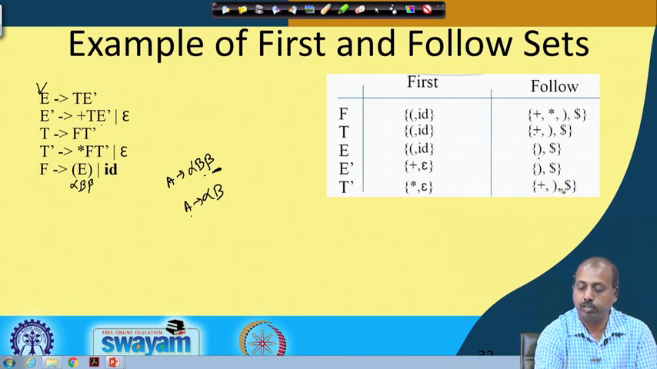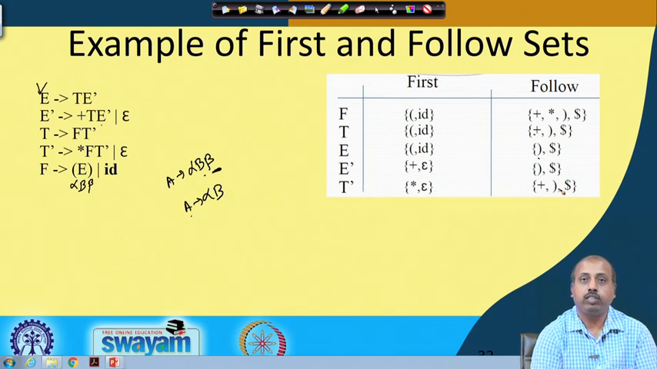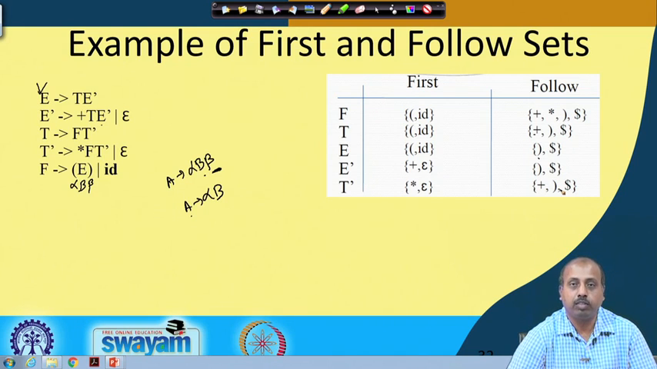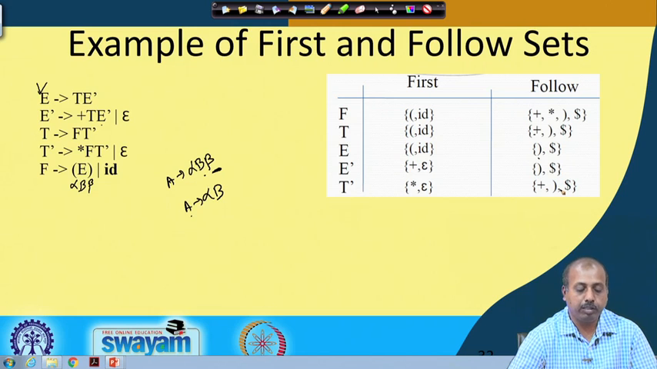So, follow of T dash has got plus, close parenthesis, and dollar. So, this way we have to go on applying the rules again and again till the follow sets do not change. So, the process is slightly involved, because you really do not know when you are going to terminate. So, you have to go on trying the three rules that we have listed for follow computation,